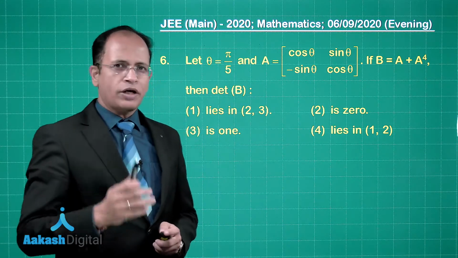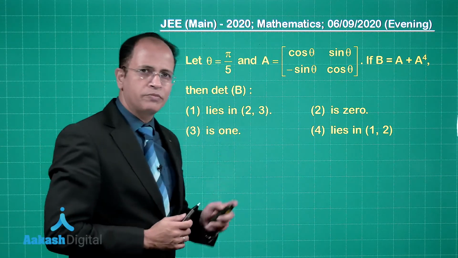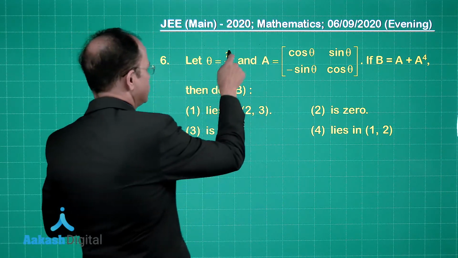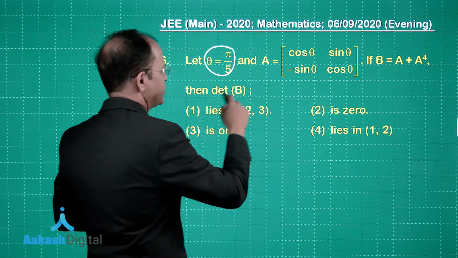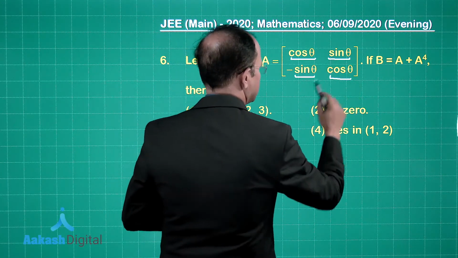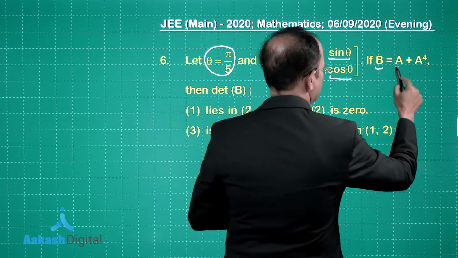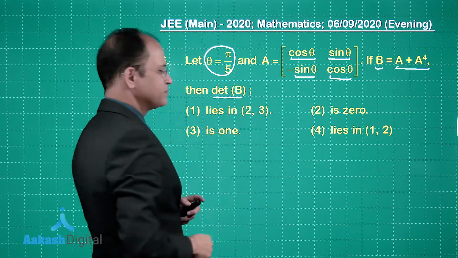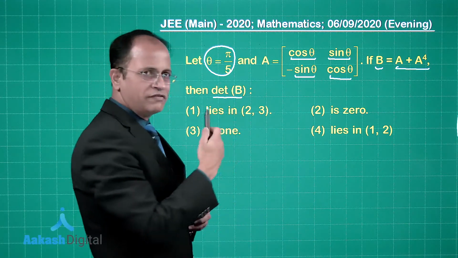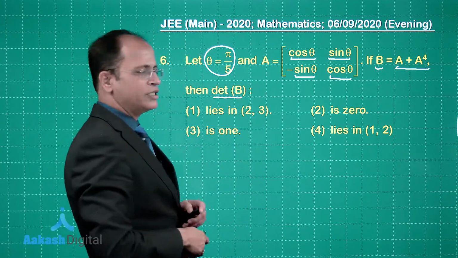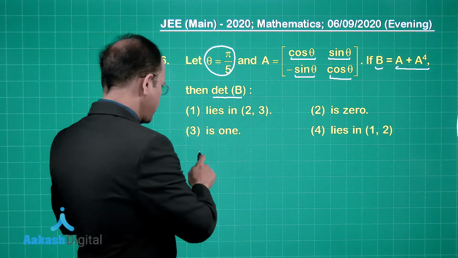Now friends, let's talk about question number 6. This is a problem which is based on matrices and determinants. Now the question is, theta is equal to pi by 5 and you have been given A is equal to cos theta, sin theta, minus sin theta and cos theta. If B is equal to A plus A raised to the power 4, then we have to find determinant of B. So I rate this question as a difficult one because a bit of calculation is needed and small tricks are also needed here. Now if you see here,